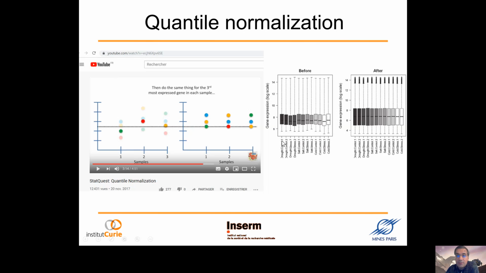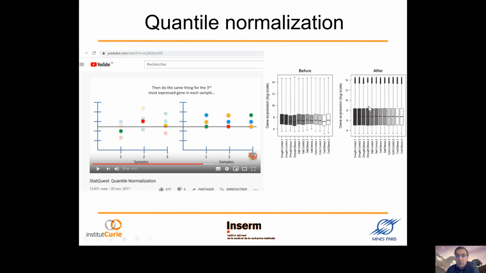For example, here we have something like 10 observations, and you see that the distributions, the mean values, and the variance of each distribution are slightly different from one observation to another, which might represent certain biases in your measurement. So in some situations, it has advantages to make these distributions identical, and